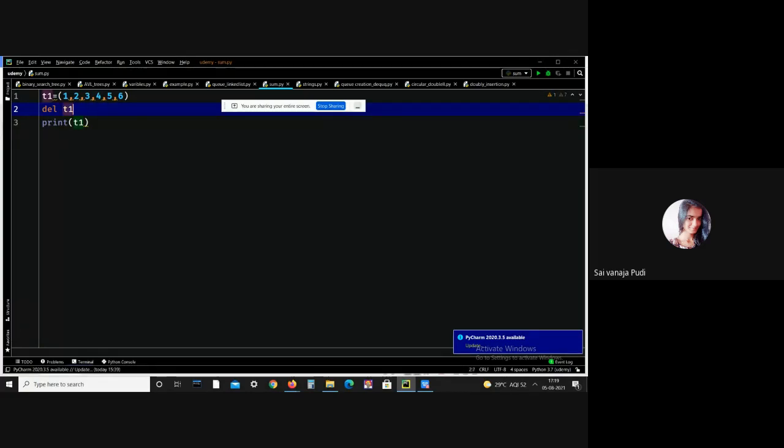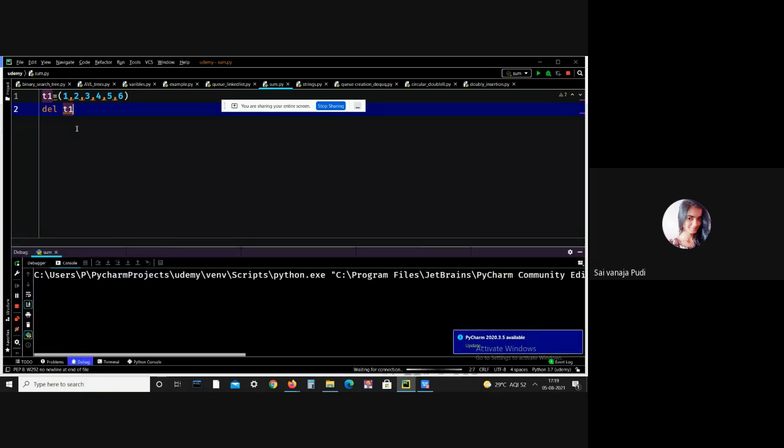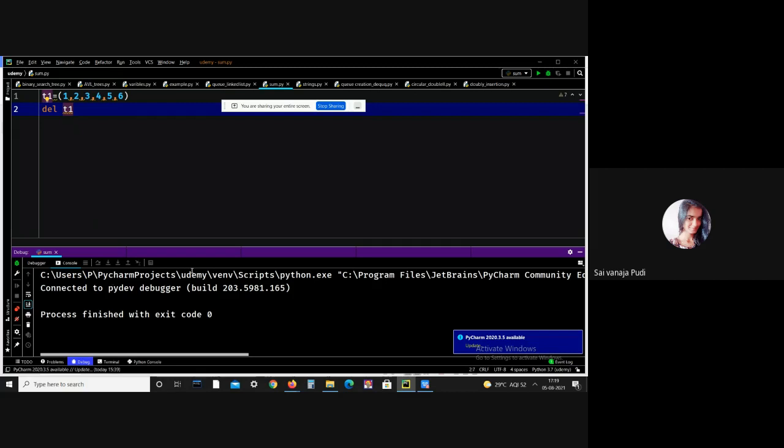This is all about deletion, but we can delete the entire tuple. Entire tuple is deleted. Let me check whether that tuple is deleted or not. Let me print this tuple.